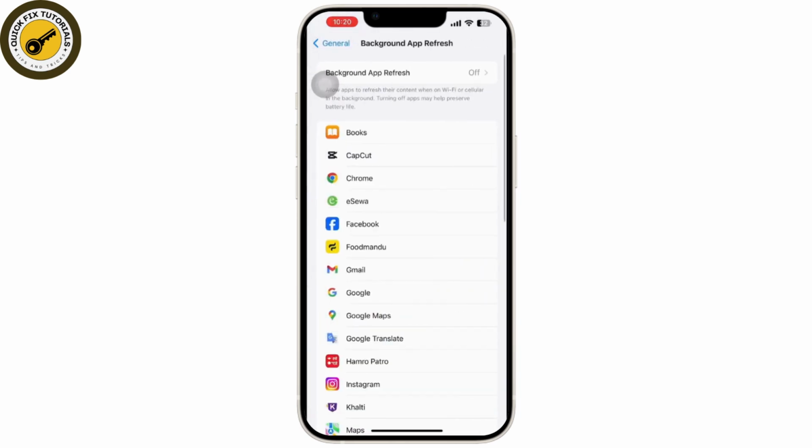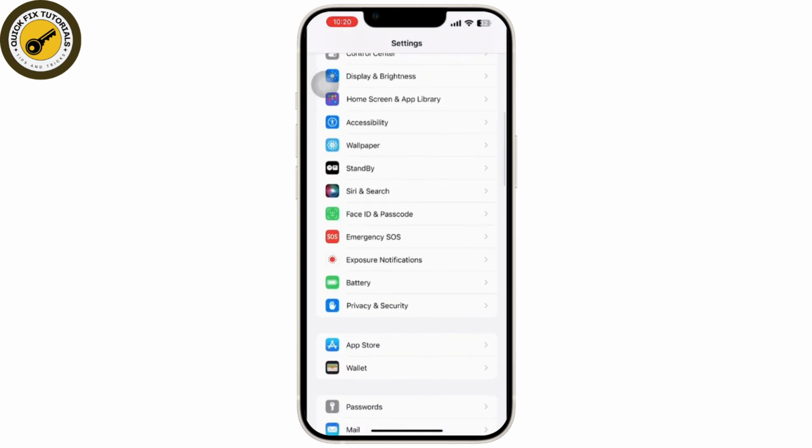Then turn off background app refresh for apps that don't need to run in the background, or you can simply turn it off entirely or disable it for this specific app according to your preferences, but here I'm toggling it off totally. Now after you do that, go back to the settings again, and inside settings tap on the battery